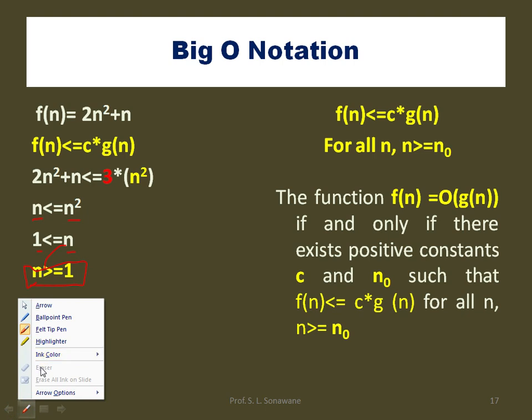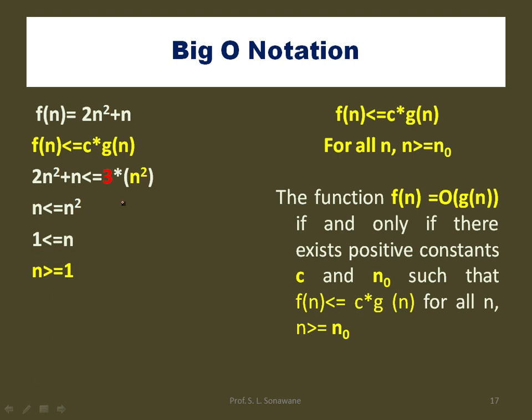So in this case we can say that the value of n0 is greater than or equal to 1, and the value for c is 3. Now in this case this n0 is 1, and the value of c is 3. So both these values are positive constants. So this condition is satisfied. Second, we follow this condition also to find out the value for c and n0. And here we calculate the value for n greater than or equal to n0, where n0 is a positive constant.